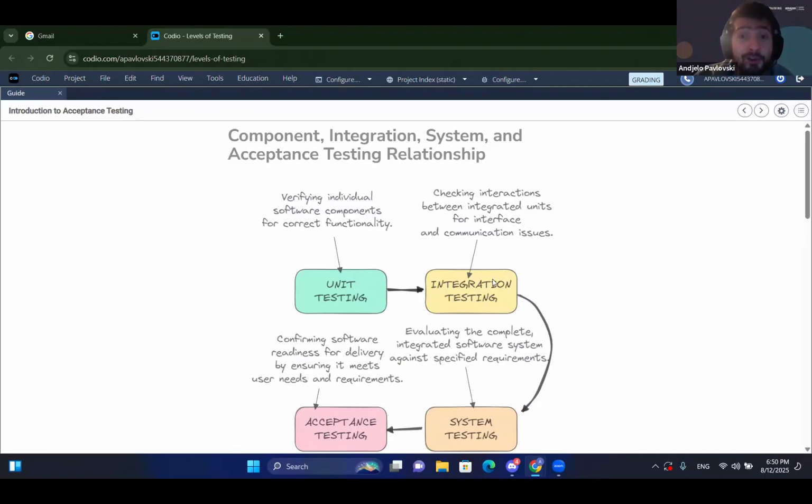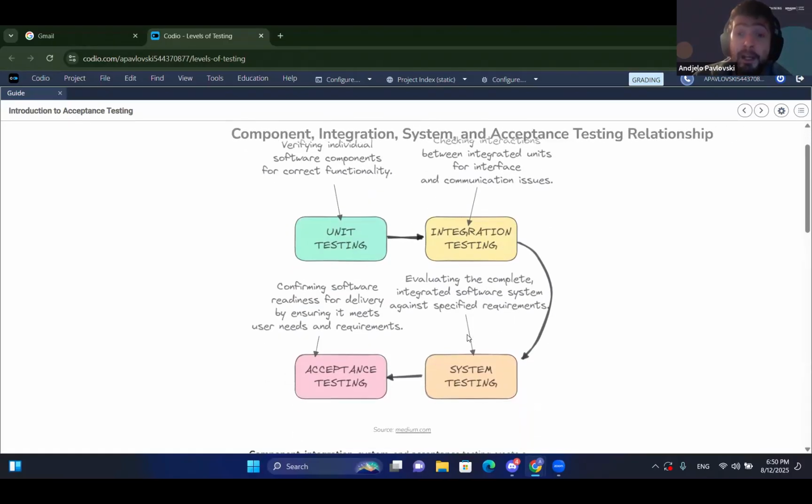So now I made sure that the connection between all of my components that have already been tested are working as expected, and essentially I have the flows built in successfully. So now I don't need to really retest any components. I just simply focus on the interfaces between them. Now, once I've done that and I have both components and the interfaces, so interactions between them, I move to